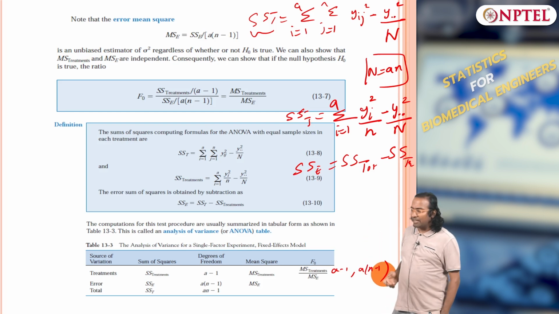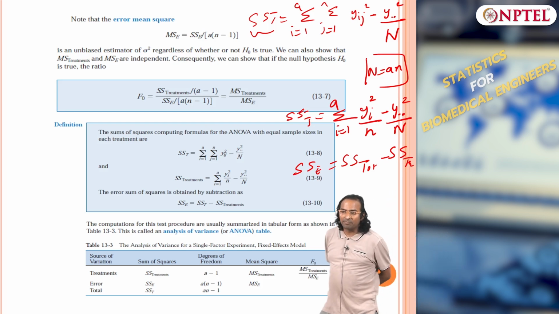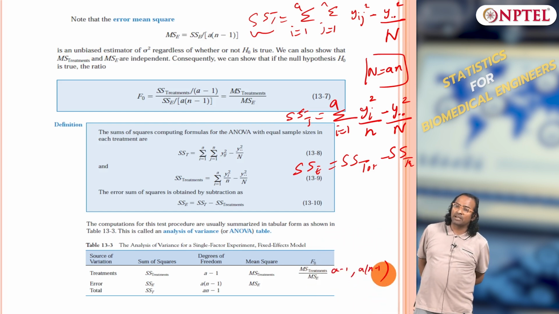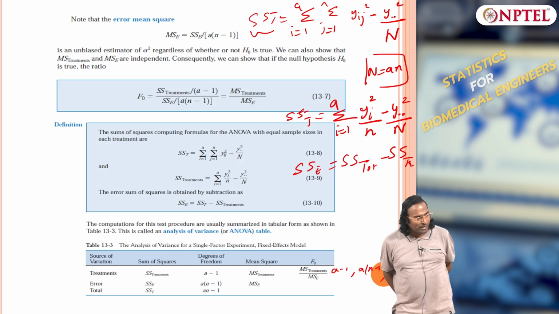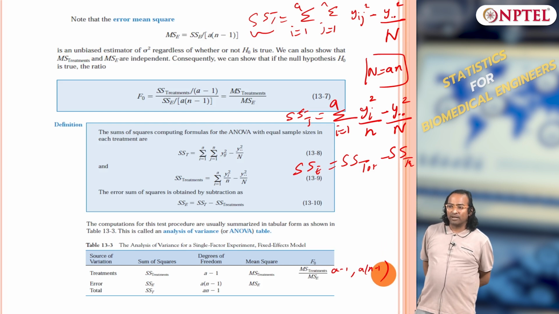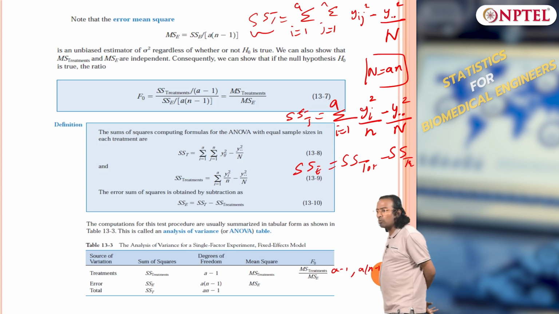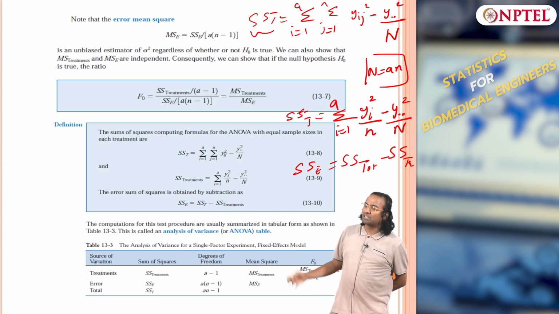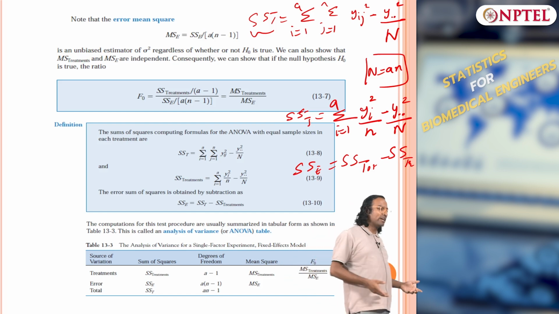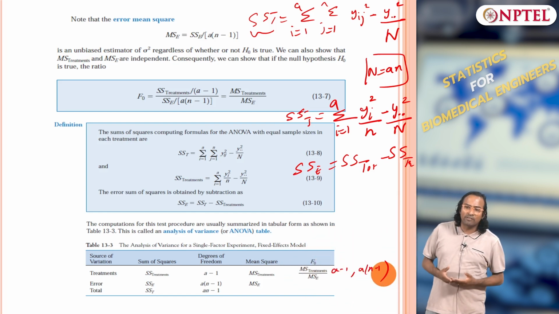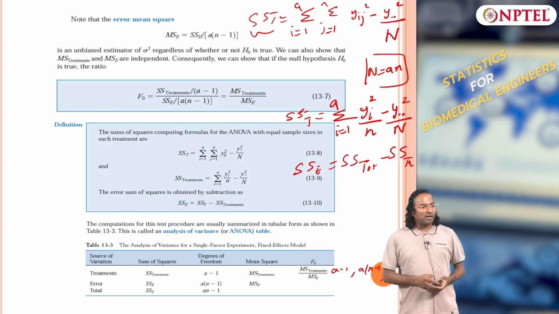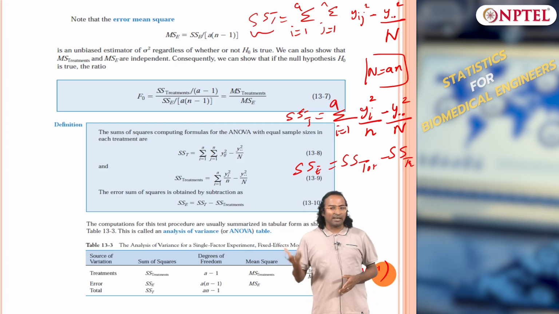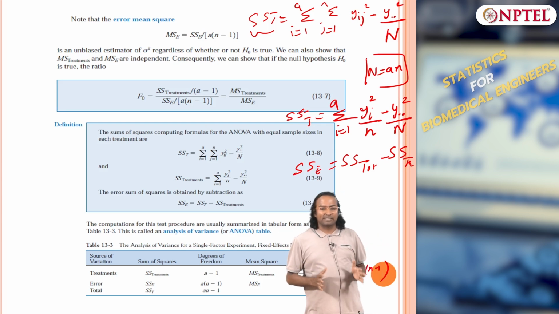Towards the end we said the F test, which is a ratio of mean square treatment to mean square error, should work because the expected value of mean square treatment is composed of two components, one is sigma squared, the other one is tau i squared, and remember if tau i equals 0, tau i squared is equal to 0. So you will have the expected value of mean square treatment be sigma squared, but if at least one tau i is not equal to 0, then the summation of tau i squared will be greater than 0, and because tau i squared is always positive, your F ratio will be greater than 1, and that is what we statistically test.